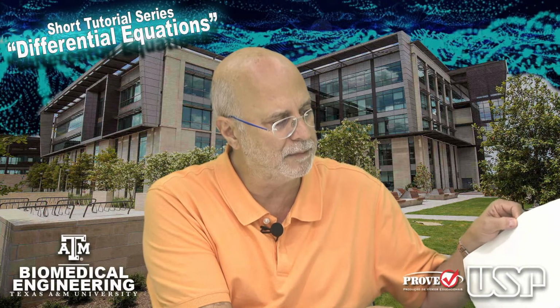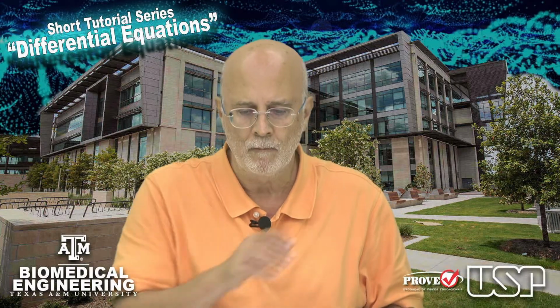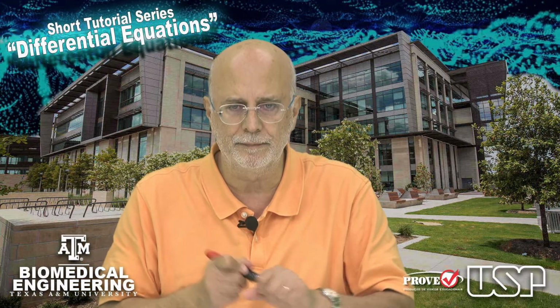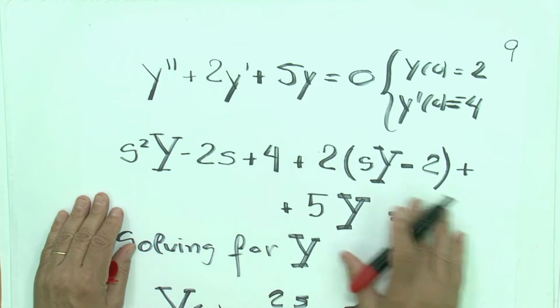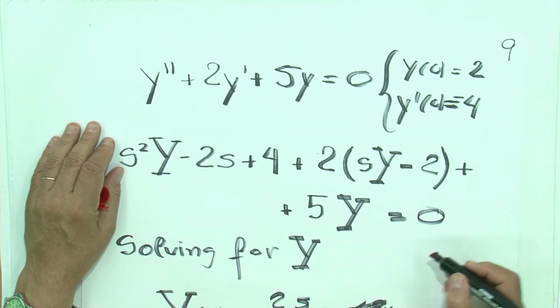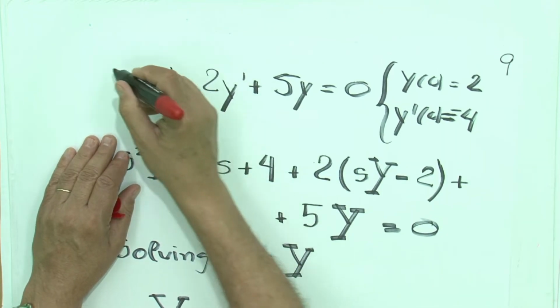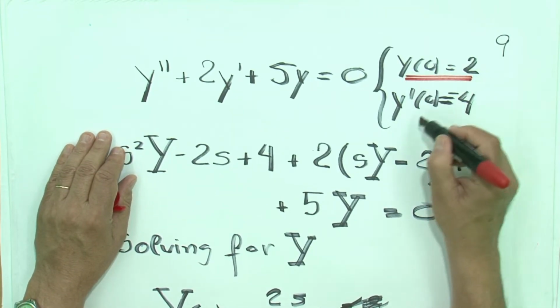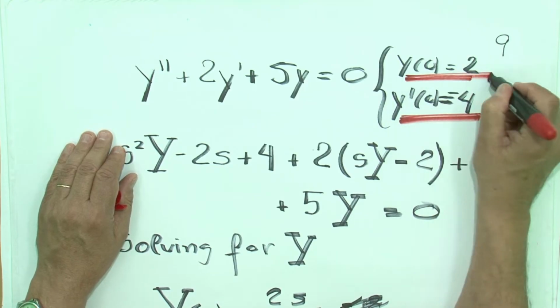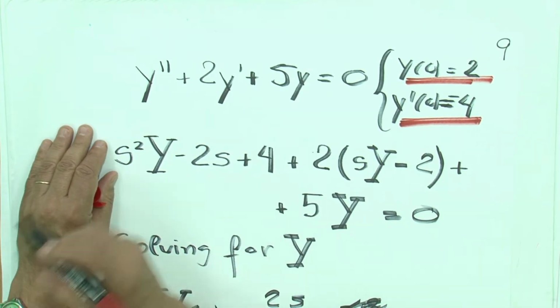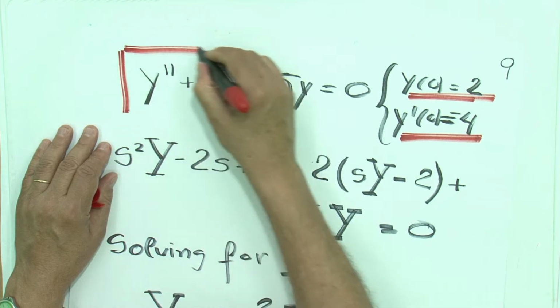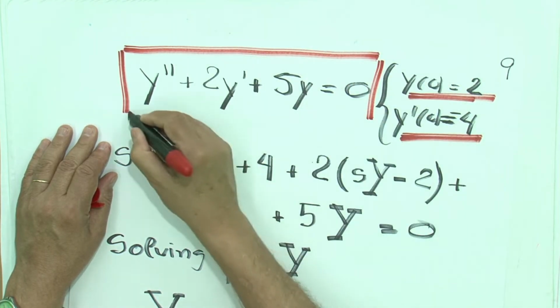So let's imagine I have an equation like this. That's a little more complicated equation, right? Here it is. I have a second order differential equation, ordinary and homogeneous, because that is 0. And I have 2 initial conditions, as necessary for a second order differential equation to be solved. And this is the equation.